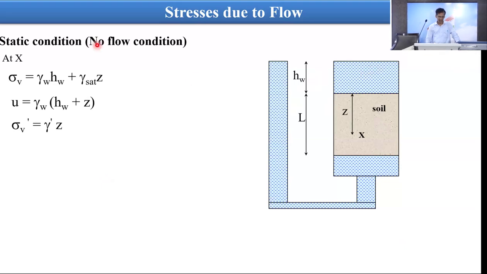So now suppose there is no flow condition at any point here, x, and soil mechanics considers only effective stress. What is the effective stress? The water is not flowing, it is only static here. Then sigma b dash equals gamma dash into z. Here we will find the effective stress, it will be this much. So gamma dash into z, where gamma dash is the submerged unit weight. Okay. Now next,